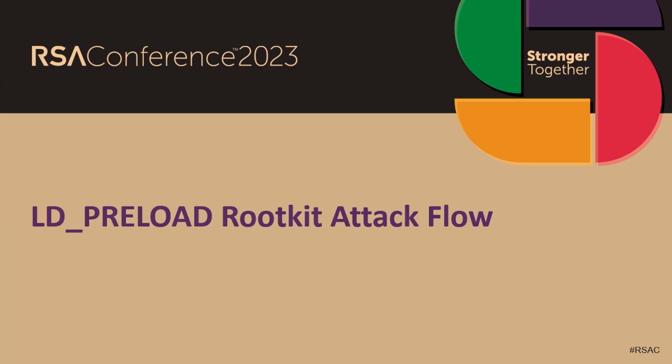We'll start things off with the LD_PRELOAD rootkit, which is the most common, the most basic one, and easy to implement. All you need to do in order to implement an LD_PRELOAD rootkit is just create a shared object and export a symbol that is part of the system library, for example any function from libc, and then it's going to intercept the request from libc and modify it.